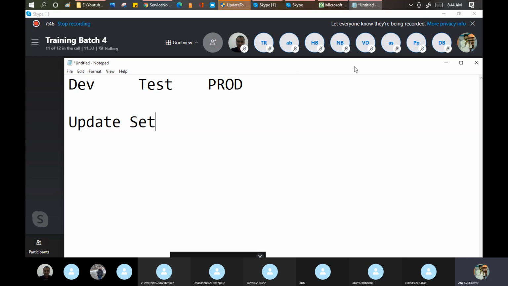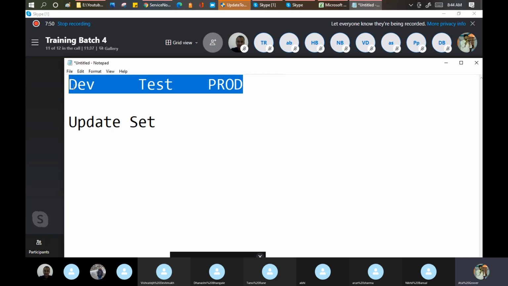Update set movement never happens from prod to test to dev. Update sets always move from dev to test to prod. This is the concept, because you are working in the development instance. Tomorrow, if you want to move that code into the next environment, you can do it via the update set.